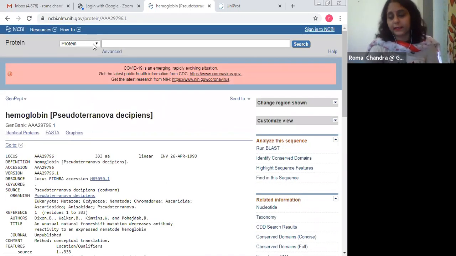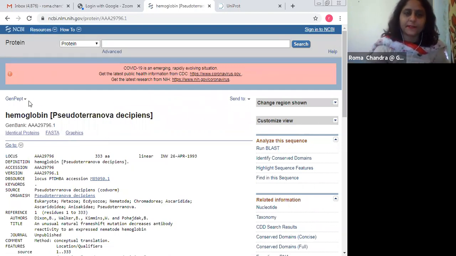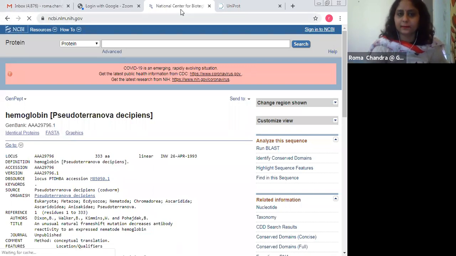If I had selected nucleotide and mentioned the name hemoglobin, I could have got the gene, the DNA through which I could have this hemoglobin. Understood? So protein I have selected, so I'm redirected to protein. If I select nucleotide, I'll be redirected to nucleotide. So this is the way you can deal with NCBI.